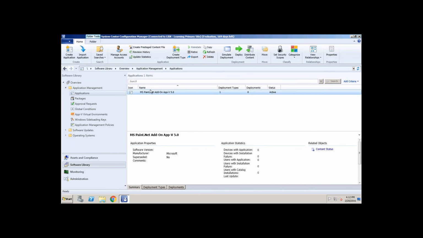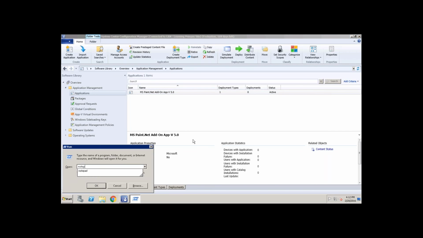Now, once the package is available in DP, remember it's a DP, not DB. DB, of course, is there, but it's a different scenario. DP is nothing but the point where your application or package will be stored. This is again a server.